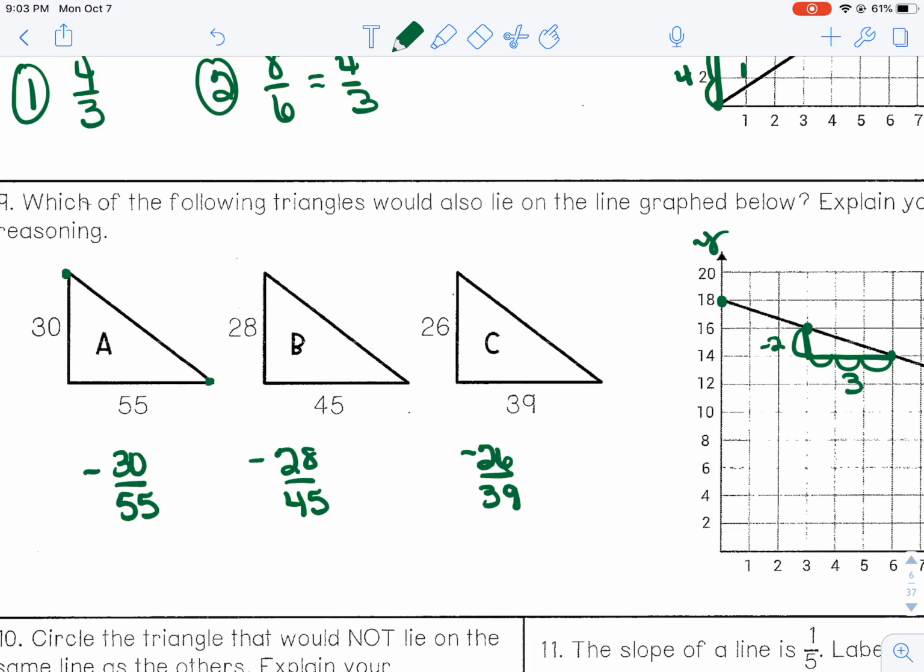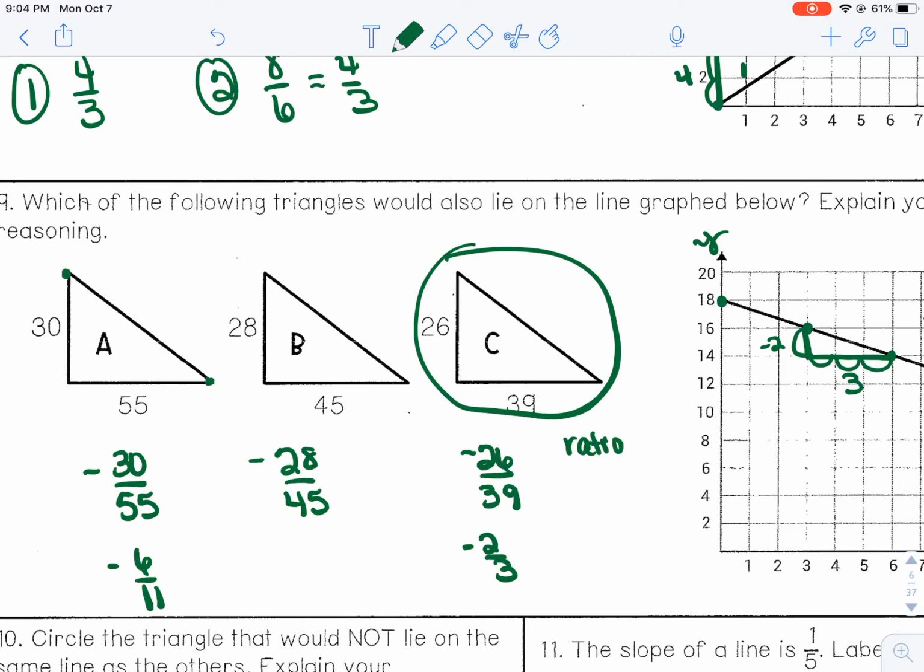30/55 gives me a -6/11. Okay, -28/45 does not simplify because it already is. And then the last one, we have -26/39, and that one's going to simplify to a -2/3. Okay, so which of the triangles would also lie on the line? It would be C. The reason is the ratio of the rise over run